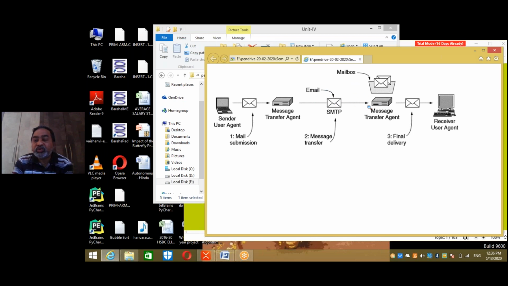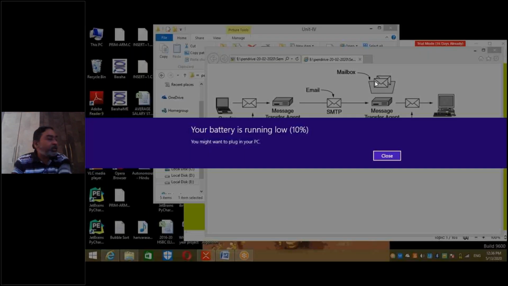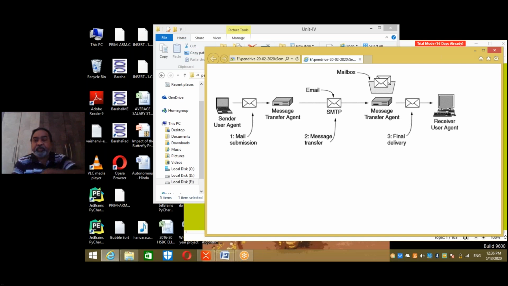Through the server, it goes to the other side. The other side MTA receives, checks the header, checks the mail, and delivers it onto the receiver's computer. Various mailboxes are maintained here. Here also mails are sent from the sender side.